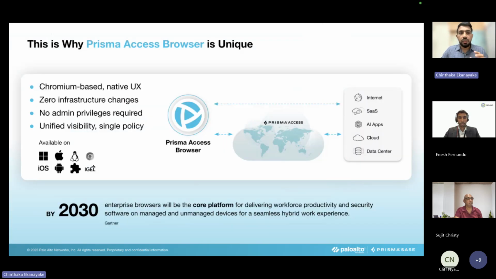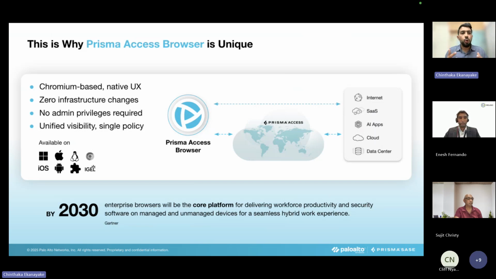With these capabilities in, let's try to understand what makes Prisma Access Browser a unique proposition compared to the traditional browsers that we are using. Prisma Access Browser is a Chromium-based browser, similar to what you are already using, be it Chrome or Edge, which are all based on Chromium.